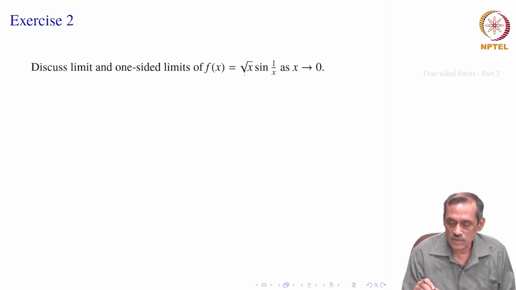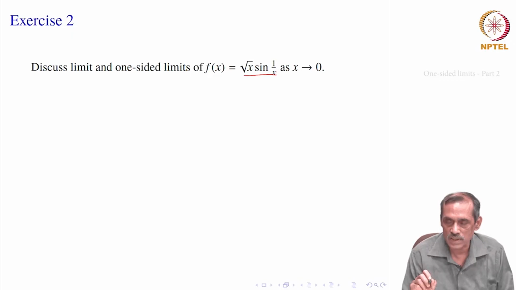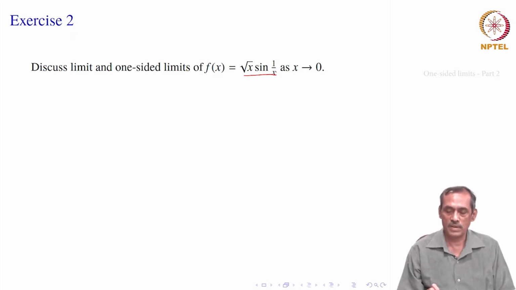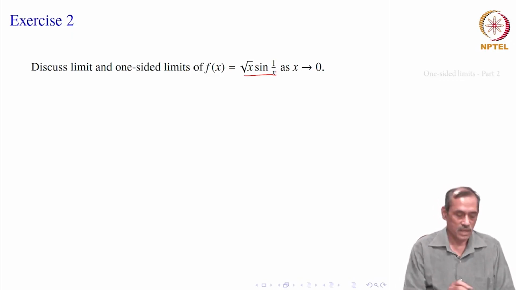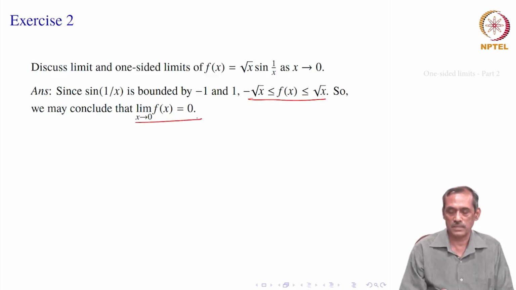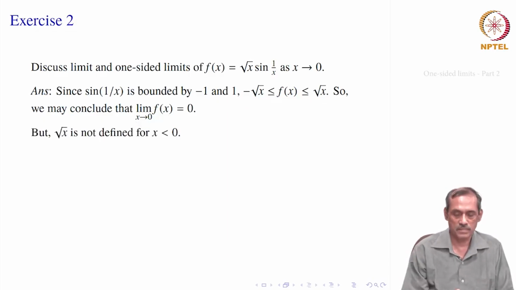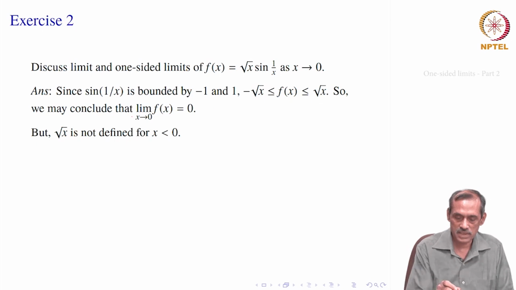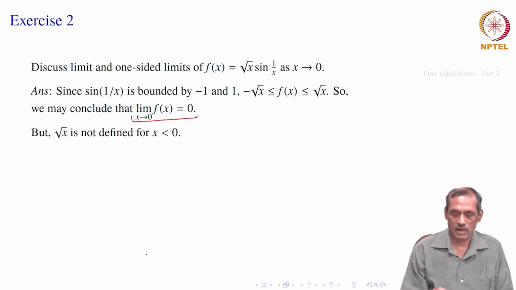Here we have this function, which you had seen earlier, and something else we have to discuss now, because we have something more in our notion. So, earlier what we thought was that sin 1 by x is bounded by minus 1 to 1. So, this function f of x will be bounded by minus root x to root x. So, we may conclude that limit of f x is 0. However, there is something else we have to consider, to see that the limit is meaningful at all,